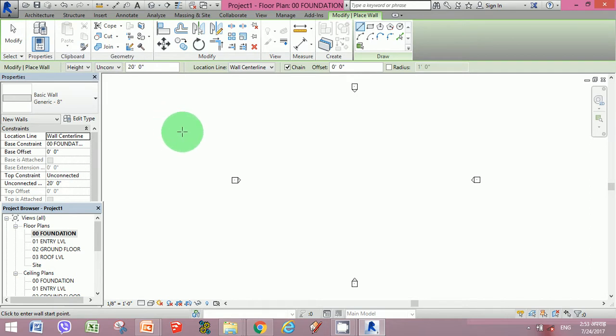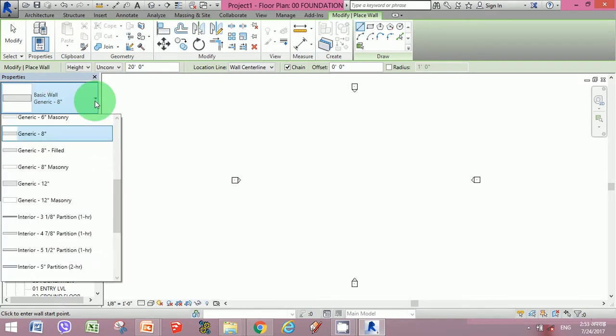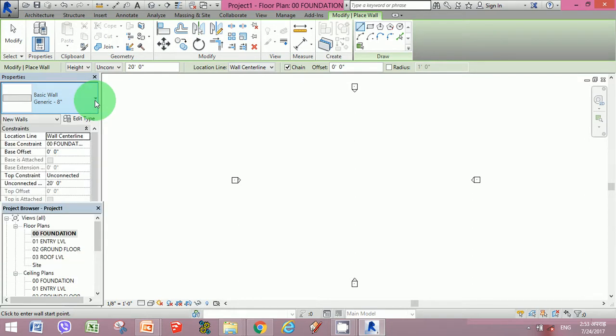Once the wall architectural tab is selected, you'll find that this properties palette here already shows a generic wall of 8 inches. Before doing any kind of design, keep in mind that Revit is a BIM, building information modeling. Whatever information you put into its input, the design will come out accordingly. So we don't need to go with the same basic wall types that are shown in the dropdown, because we could create our own basic wall type, and we could use that wall type for other drawing purposes as well.